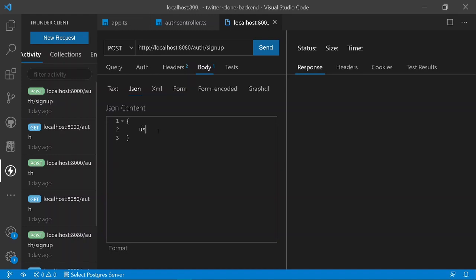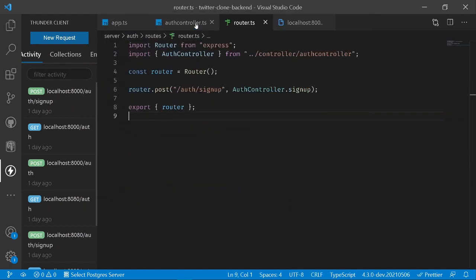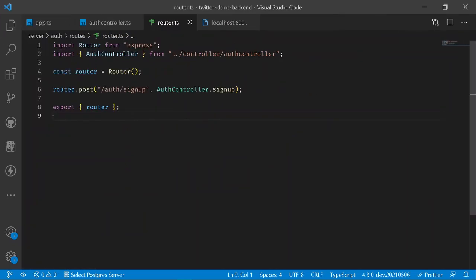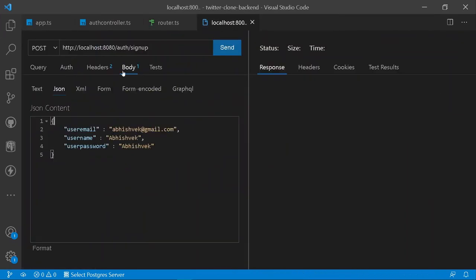First of all, as we have declared, I will be writing my user email, just like this, and the user email shall be simply myuseremail@gmail.com. Similarly, let's add other parameters. Cool. Once we have added the following, let's try it out. Now as you can see, we have our path of auth/signup. Let's go under our routes, that is router, and under my router you can see I have a path of auth/signup, and similarly we have our path to be auth/signup. Now let's try sending the following request to our server.